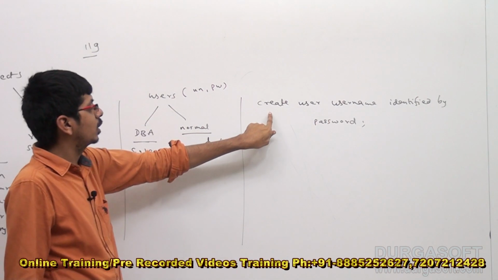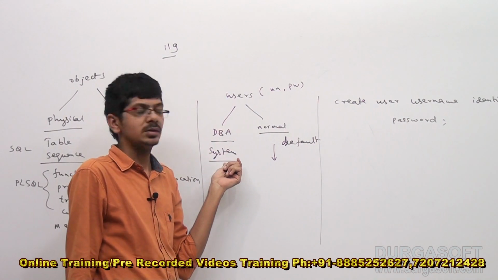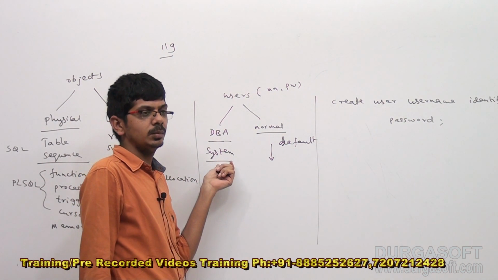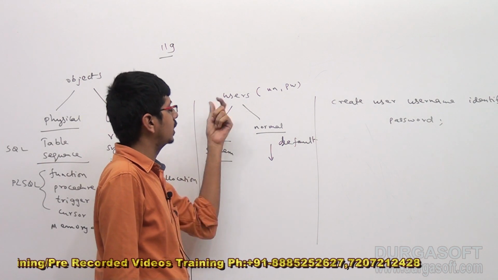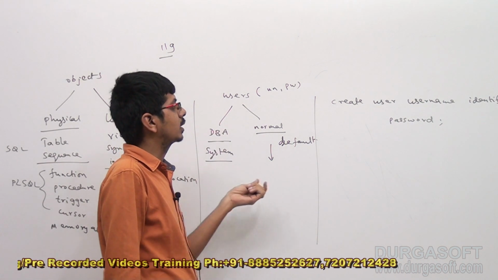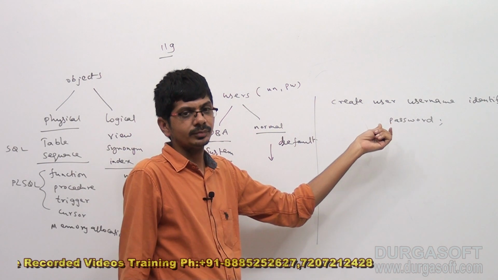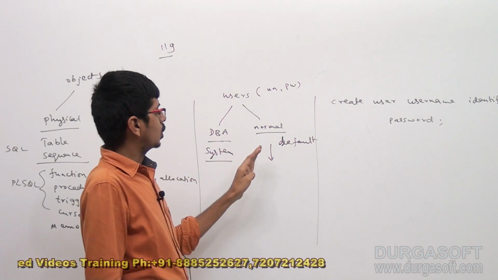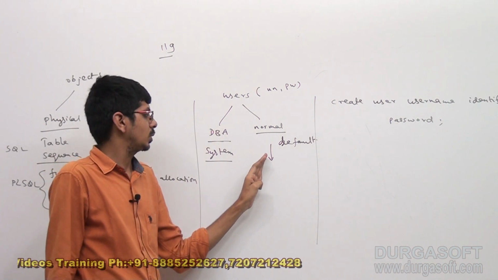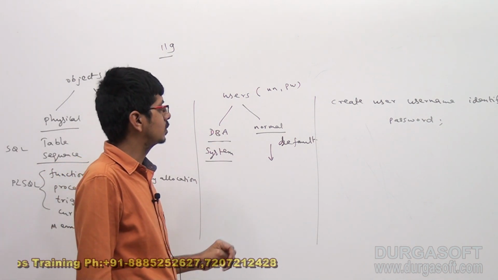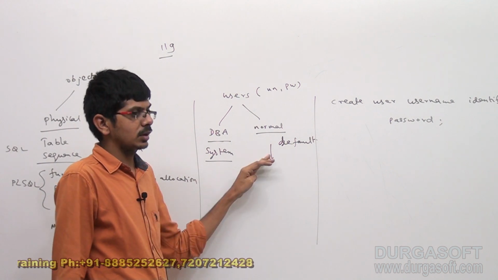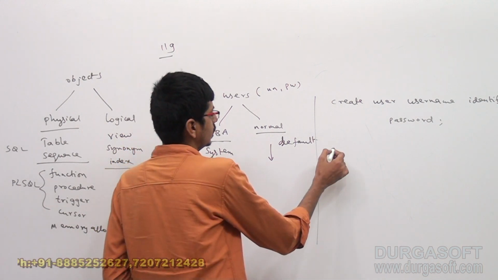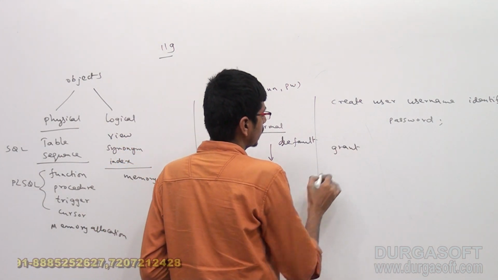Okay, so this command you have to give by opening the system user. System is a DBA. So whatever DBA you are having in your database, that user can create another user like this. Okay, so after creating this, the normal user is created, and we cannot connect to this normal user right now. So what you have to do is you need to go for grant,